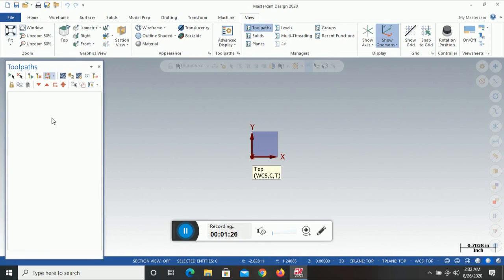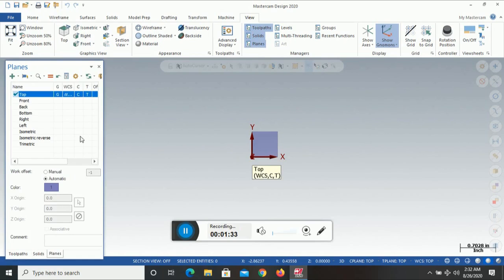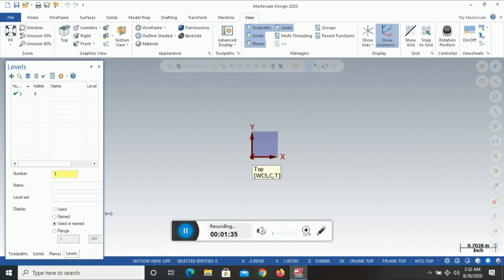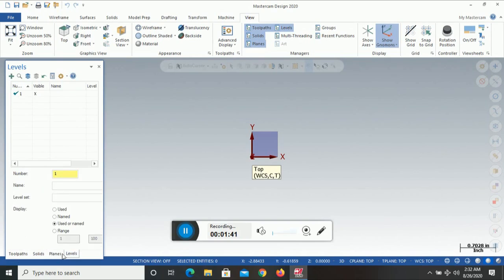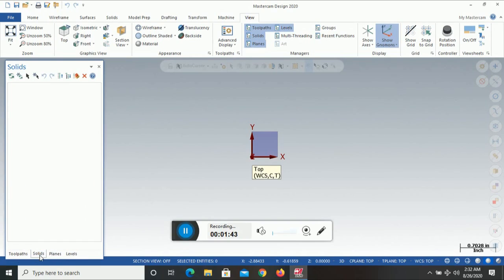Then if I click on the planes, then planes will come here, and if I click on the levels, then levels will come here. I will explain each and everything in detail, what the levels, different planes, solids and toolpaths are, what their difference is, and why they are required. But before that, we should check these things.